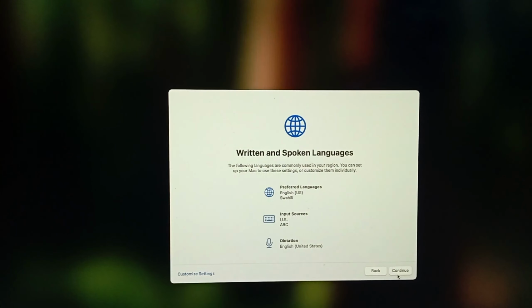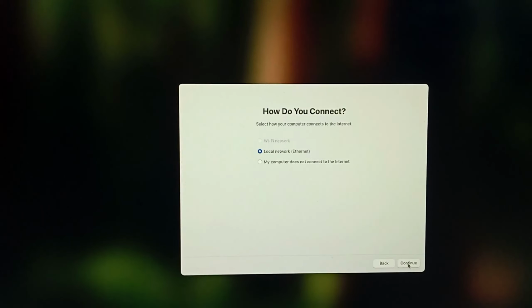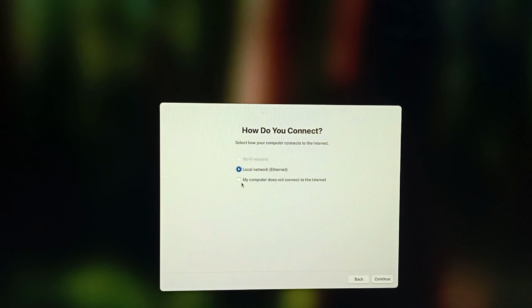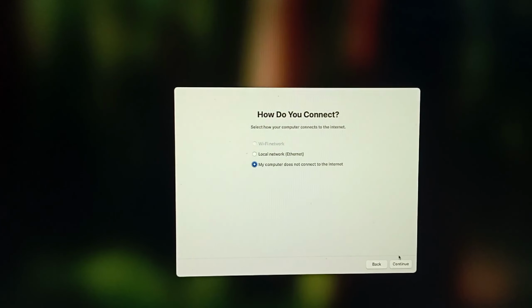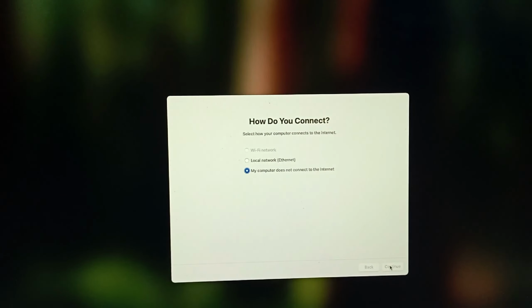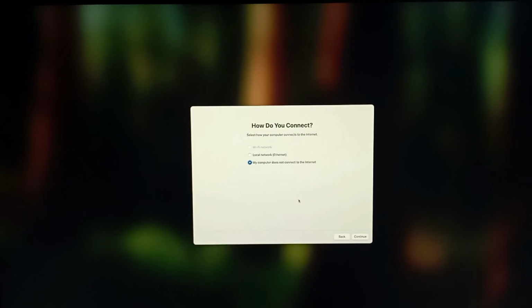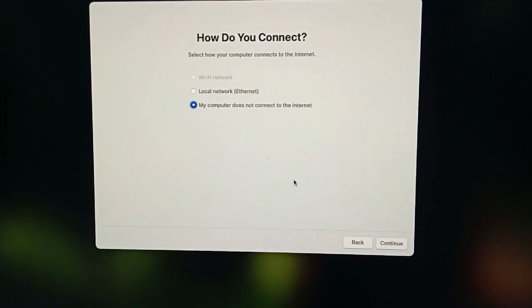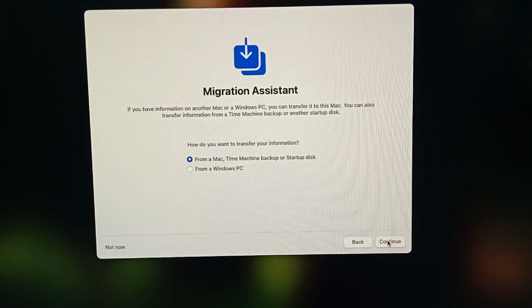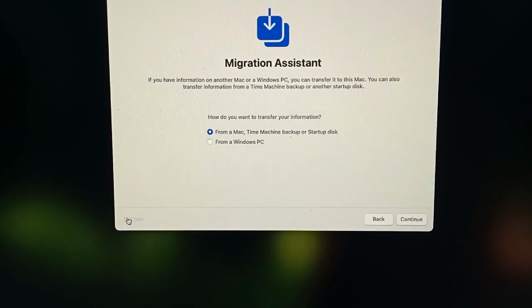and then I'll just leave it like that, but I'll just set up later. So I don't have an Ethernet connection right now, so I'll just choose my computer does not connect to the internet, and then I'll click on continue, and then you can just hit on continue. Data and privacy, continue, and click on not now,